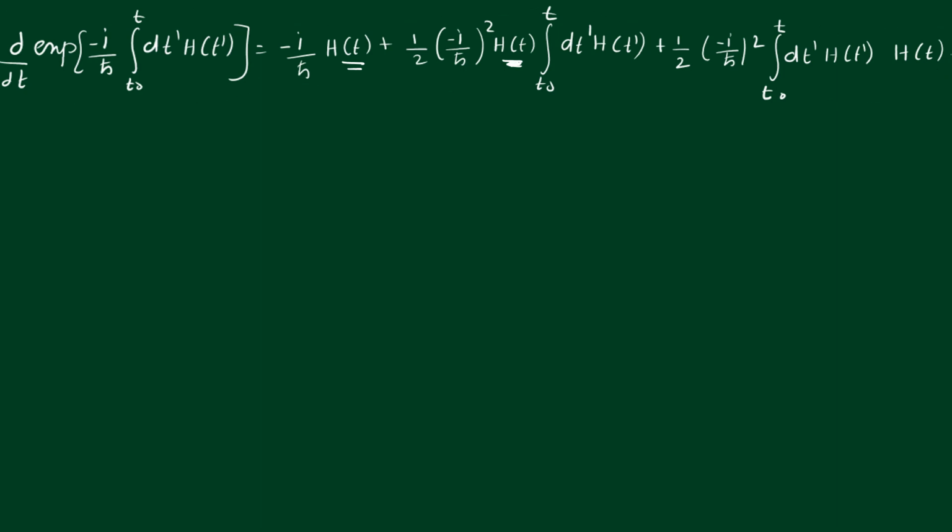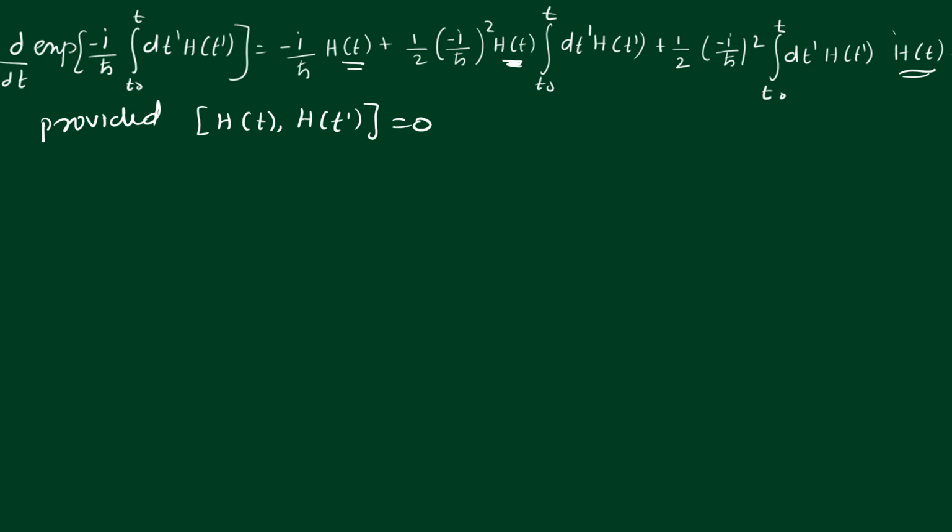Now in order to pull this H(t) out, we have to assume that H(t) commutes with H(t'). If H(t) does not commute with H(t'), then we cannot bring this H(t) to the left. This is why we gave the condition that the Hamiltonian at different times has to commute if this solution has to work. Now, provided the Hamiltonian at different times commute,